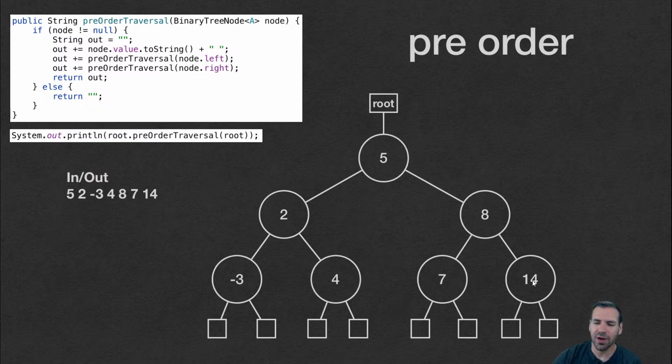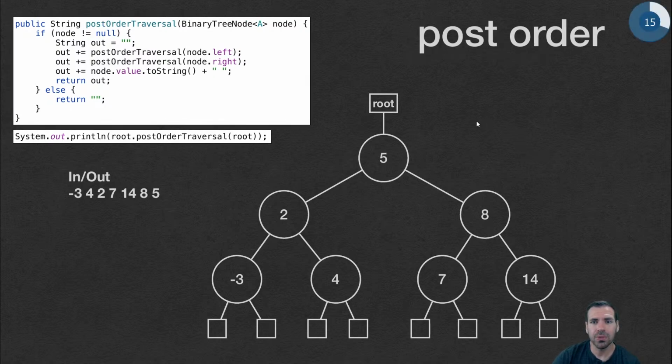Recursive call on the right, visit 14. Recursive call, return, and return back up to whoever called this method, whoever was interested in traversing this tree. Post order, the root's always going to be last. In a post order, we're going to make a recursive call,